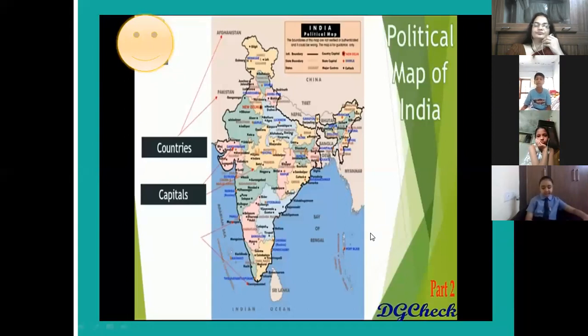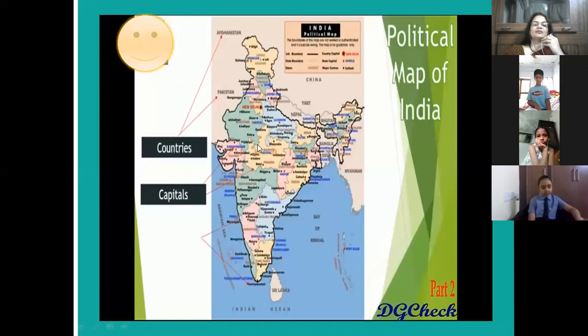Jammu and Kashmir. This is Jammu and Kashmir. Now it is a union territory. Ladakh is a union territory and Jammu and Kashmir is also a union territory. Then we come here. It is Himachal Pradesh, students. Then we have here Punjab. Then here Chandigarh. This is Uttarakhand. Now below Uttarakhand we come to Uttar Pradesh. This side we have Rajasthan, our state, students. Our Rajasthan's capital you all know, Jaipur.